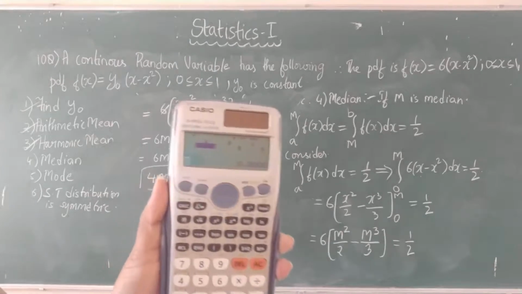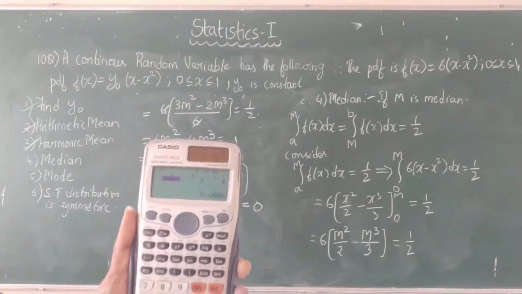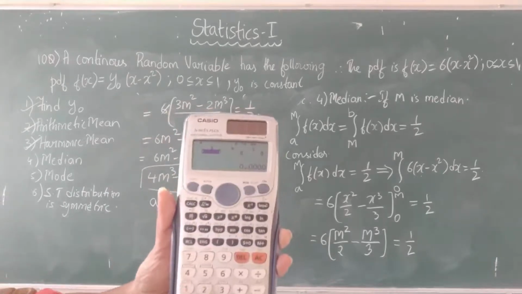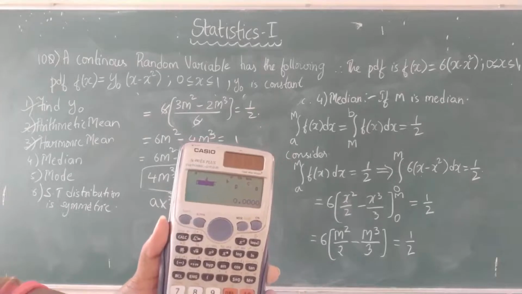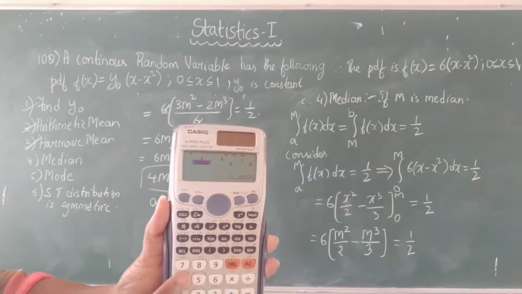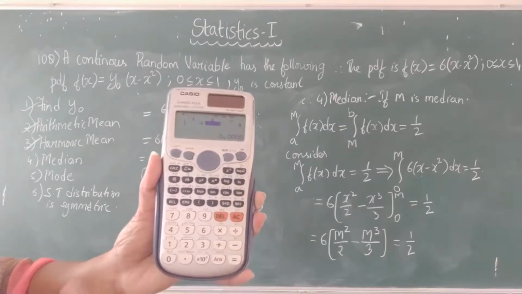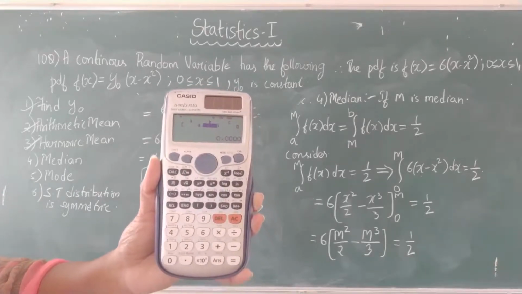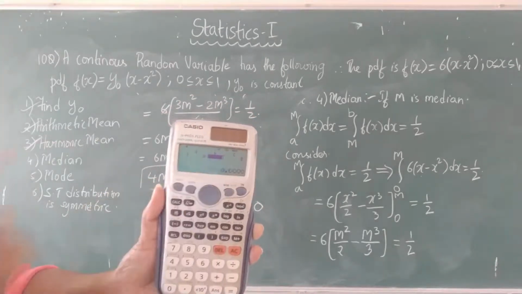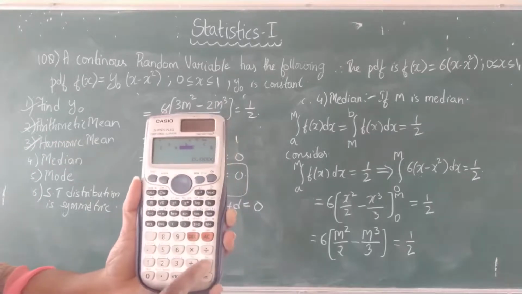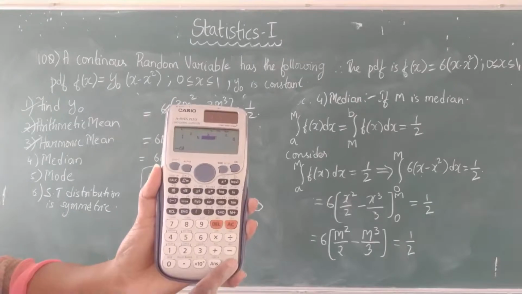You will get a box like this. In this box, you have to type the a, b, c and d values. So first, what is the a value? A value means the coefficient of m cube, that is 4. After typing 4, you have to press equal to. If you press equal to, it means you are assigning that value. Next, the cursor will move to b. What is the b value here? Minus 6. So click minus, type minus 6 and equals to.